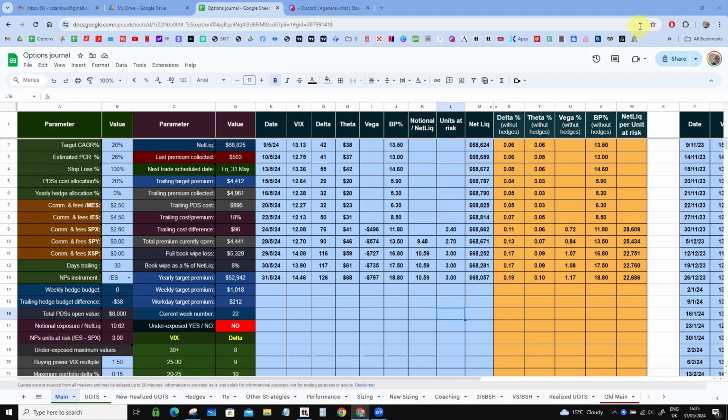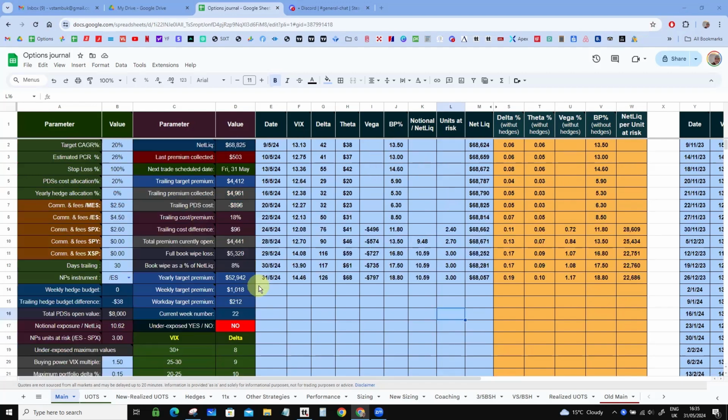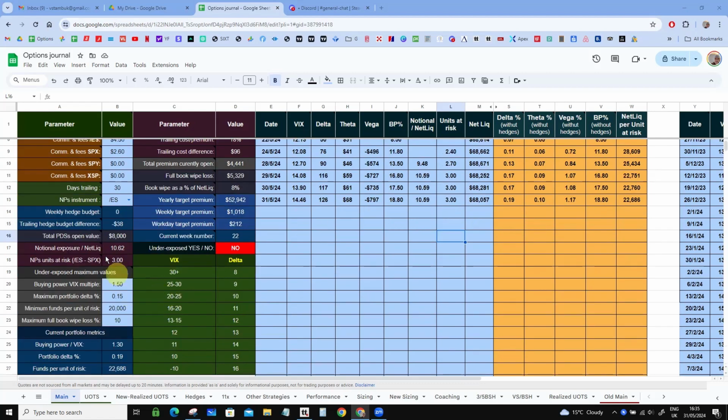We'll be putting on a live trade, but before we do that, we'll check our metrics, and then I'll just touch briefly on some very exciting updates to the trading spreadsheet. And you can see here we have a Vega that I've added recently, but that's not the newest thing. I've also added